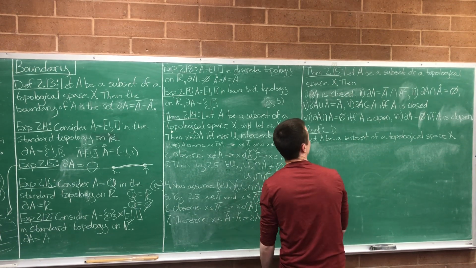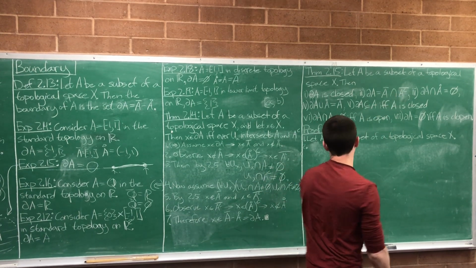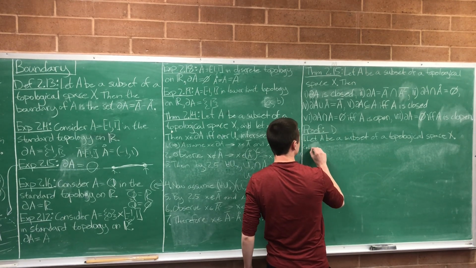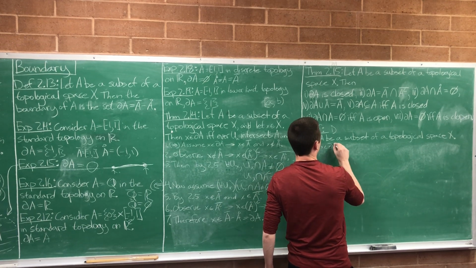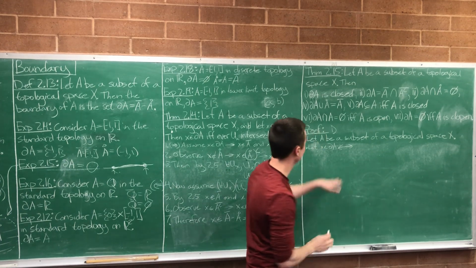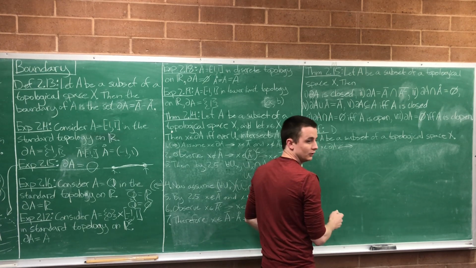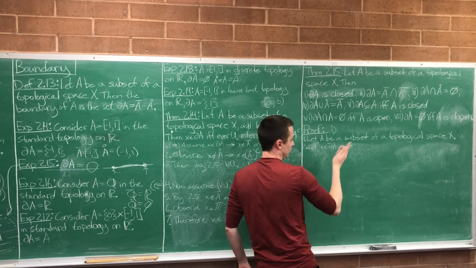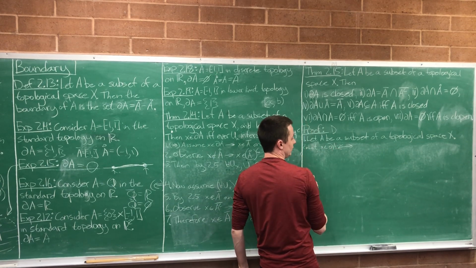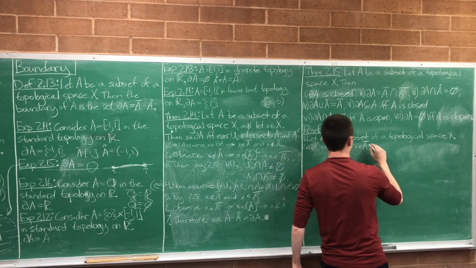Okay, so this one we'll just do basic proving sets are equal. So I'll let x in here, so it's in there, and then vice versa. So let x be in the boundary of A. I'll do this as if and only if, that way when we get to the end, reversing it shows it both ways. So I'm going to show x in here is logically equivalent to x in there, and then run it backwards. And we're done. So let x be in the boundary, that means x is in A closure,